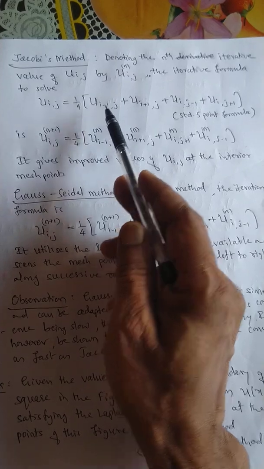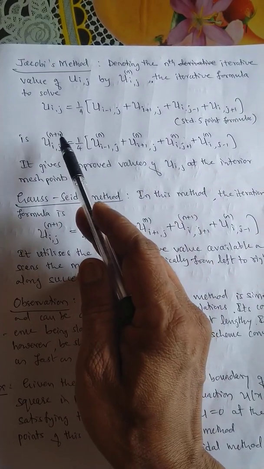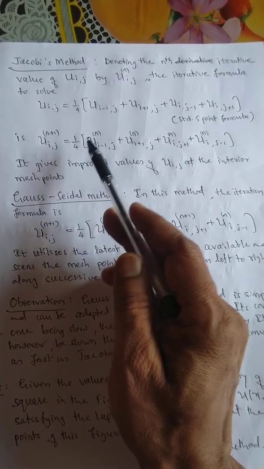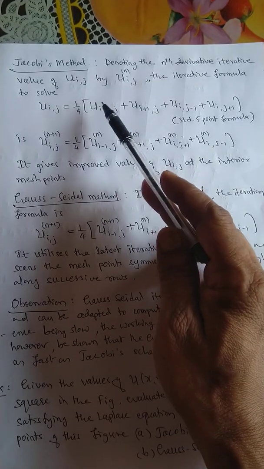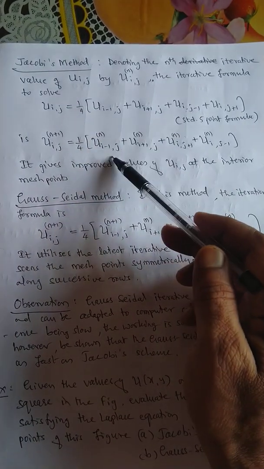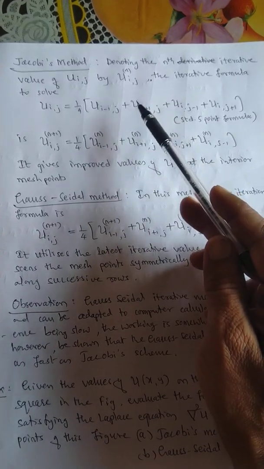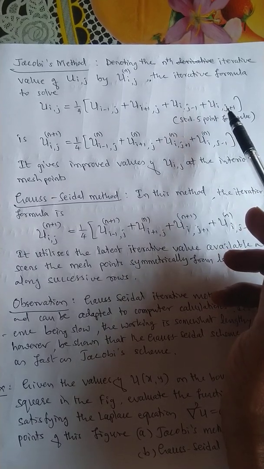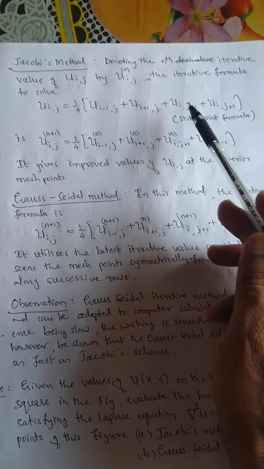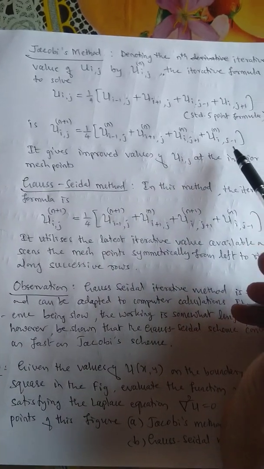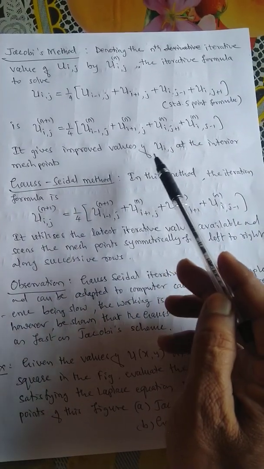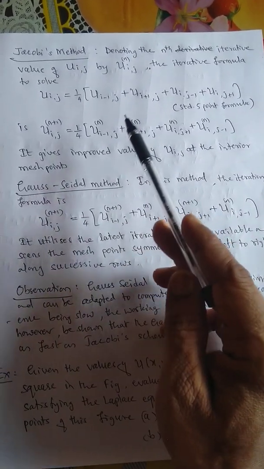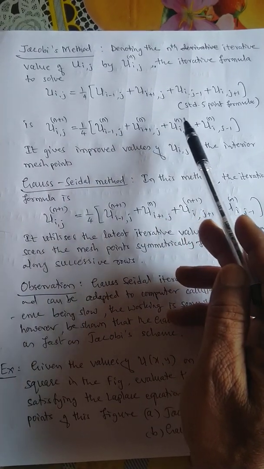the standard 5-point formula is: the n plus 1th iterative of u i,j is equal to 1 by 4 of the nth iterative of u i minus 1,j plus the nth iterative of u i plus 1,j plus the nth iterative of u i,j plus 1 plus the nth iterative of u i,j minus 1. It gives the improved values of u i,j at the interior mesh points, and these are initial values of u,